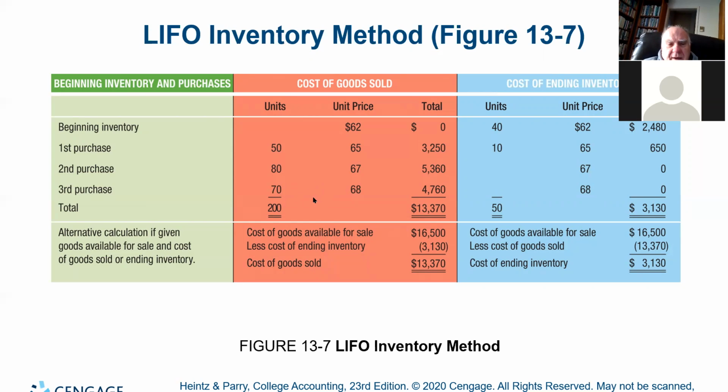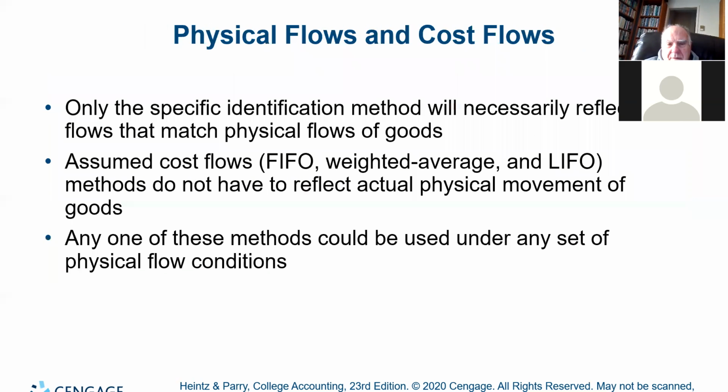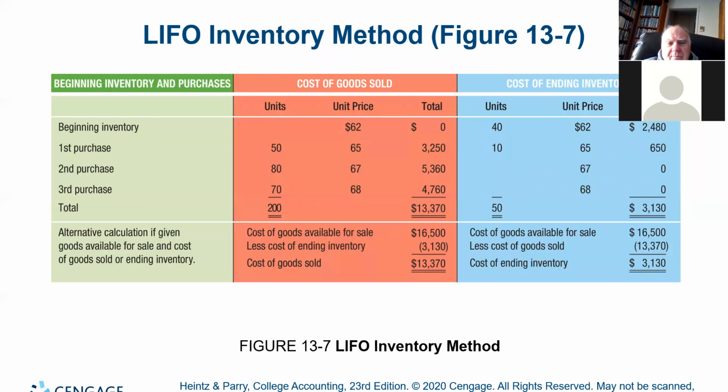Yes. And if the price were going down, then you still maintain the same system, right? Yep, same thing. But we're never going to give you a question with falling prices, because in any normal economy, prices need to keep going up, at least reasonably so. You need to have a reasonable small amount of inflation under control. But yeah, all the rules would change if it went the opposite way. What I mean by that is you're going to have a different net income depending on the method you use, okay?